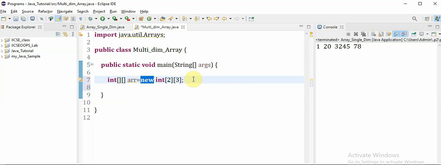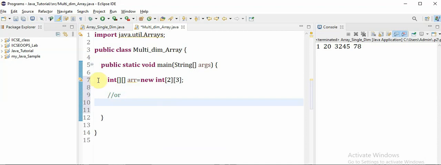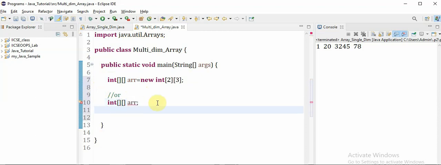The same thing can also be written differently. Here, array declaration and instantiation both happened in the same line. This can also be written like int, 2 square brackets to say 2-dimension array, and then the name of the array. Let's give a new name, say arr1.